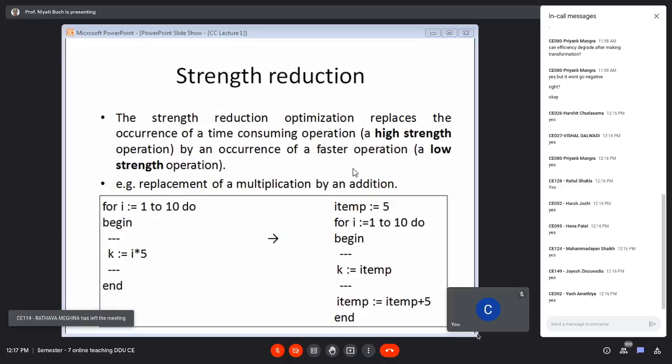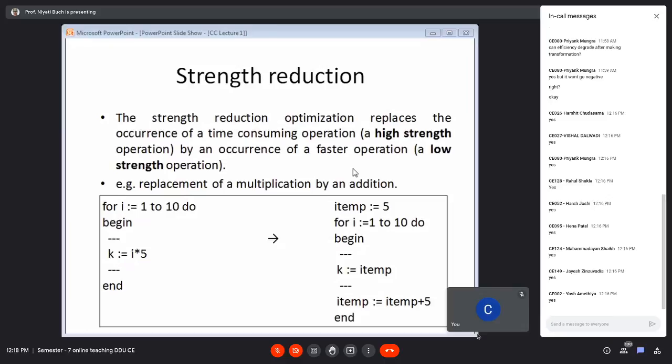then we can observe that we have improved upon the code, and hence optimized it. One more example, which was discussed in yesterday's lecture, is that if we have multiplication with multiples of 2, then you can use shift. The shift operation can also be used as a replacement. But generally, if we are multiplying by something that is not a multiple of 2, then you can always go for the addition operation, which is very useful in strength reduction.